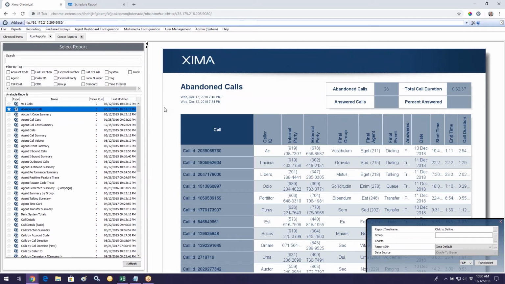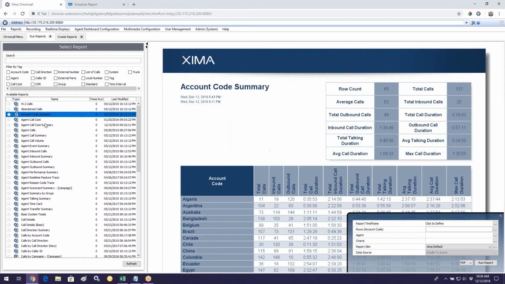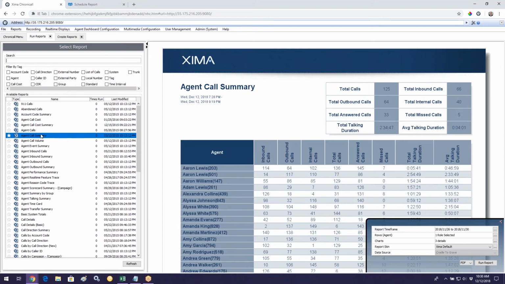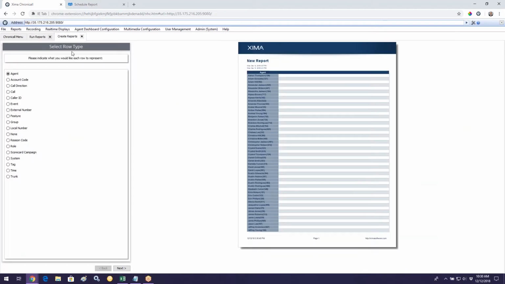Summary reports here in standard reports are really simple to find, and that's because they all say the word summary right in the title. Okay, so if it says summary, it's going to give you totals of information, so a summary of information. That's kind of the idea behind a summary report. But if I'm creating a report, if I come back here to create report, you'll notice that there's not an option that says summary. So how do I know if these reports are going to be